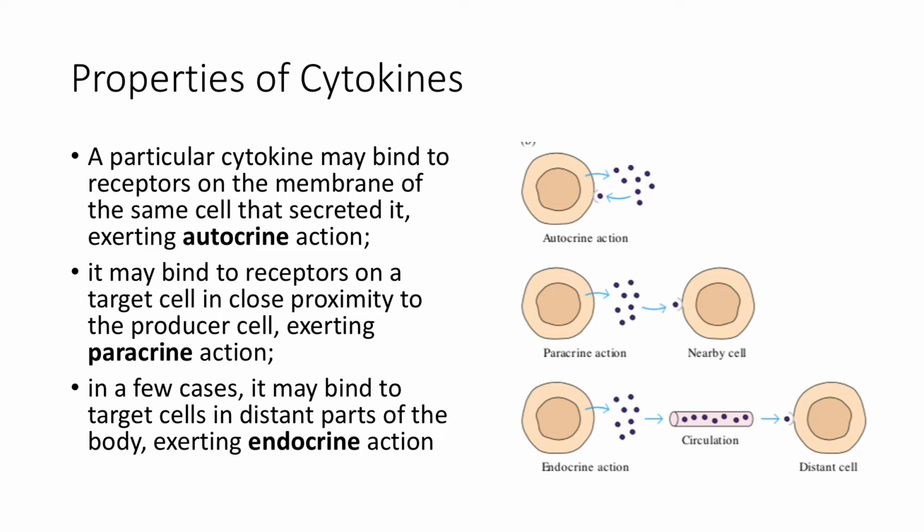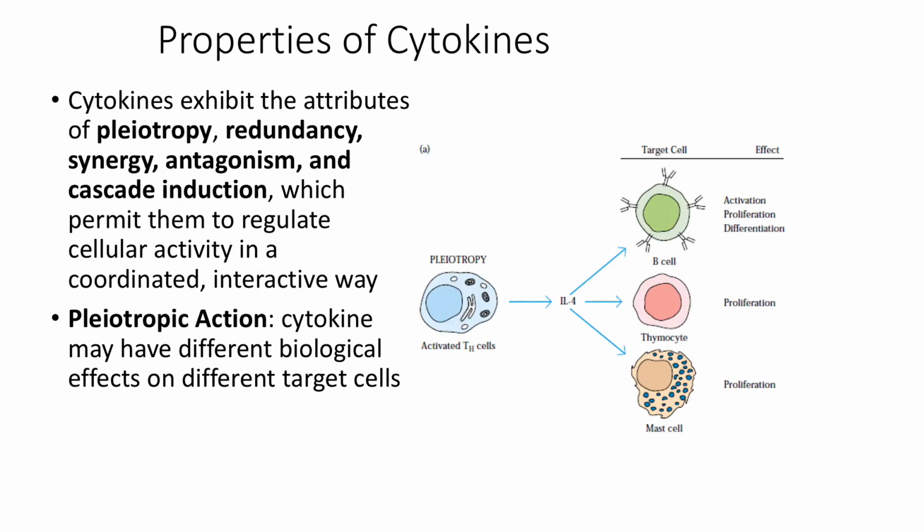Then the last one is endocrine. In endocrine, what happens is a cell produces the cytokine because of a stimulus, then this cytokine goes through the circulatory system and affects the other cells which are distant from this cell. These distant cells have the specific receptors for these cytokines. All right,